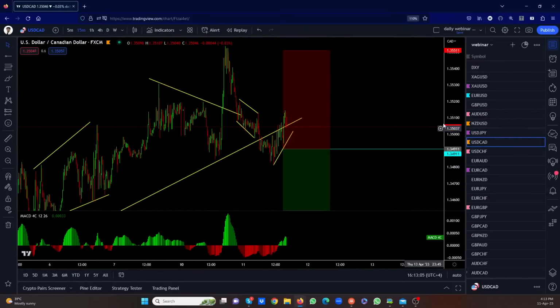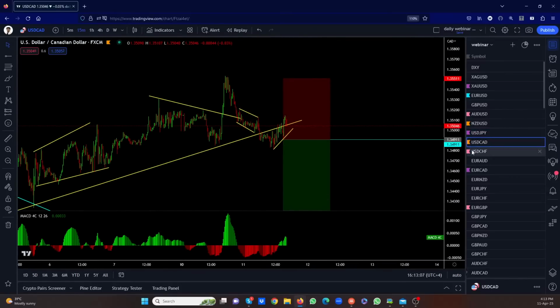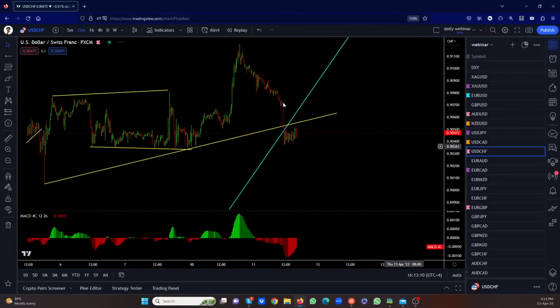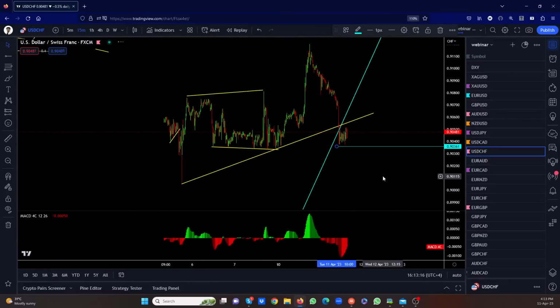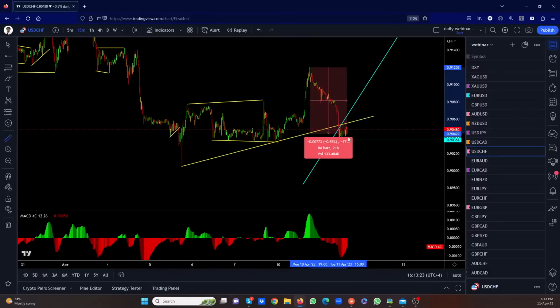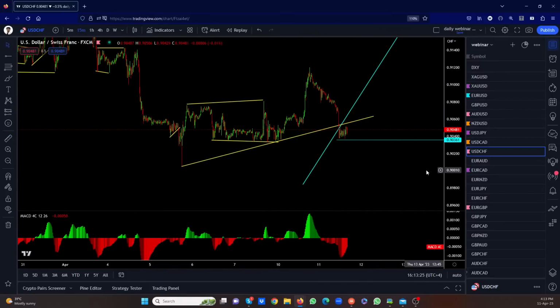CAD, the sell is still valid, so we'll put this as a sell. It's still the sell. Swiss, well, now remember what I said this morning. You wait for them to give you a flag before you sell. Well, we've got a flag here, and this is a good sell setup. The question is, where do you put the stop down? You're not going to put a stop above there because that's more than 100 pips. That is about 87 pips.